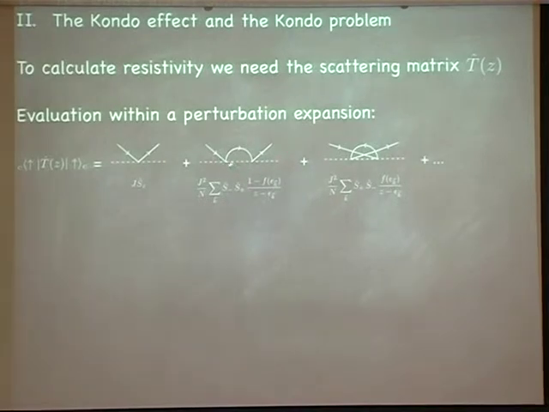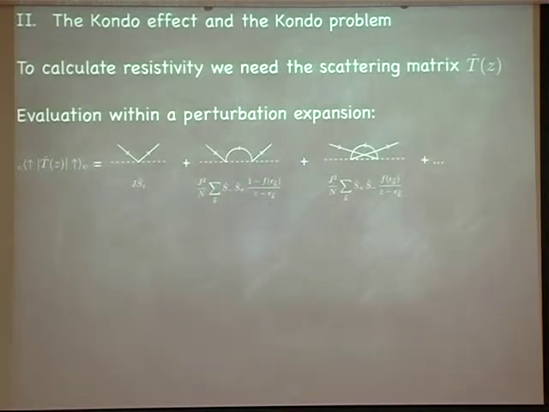And the scattering can now be different types of scatterings, but one possibility is that, in fact, you flip the spin up to the spin down on that part, then a spin down electron is propagating along here, and you flip back the spin down to the spin up, so the spin up is going out here. And that's, of course, represented by an operator J squared, S plus, S minus times S plus. So up to down and down to up again. And in between, you have to propagate an electron. Now, electrons are available 1 minus f of epsilon k. That's the unoccupied states. And you have the energy denominator z minus epsilon k. That tells you these are the energies where things can happen.